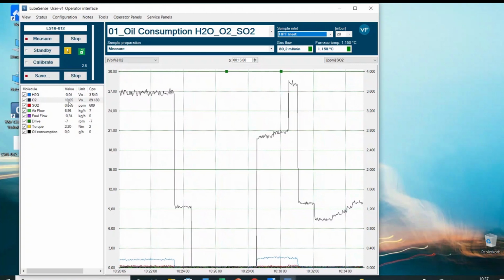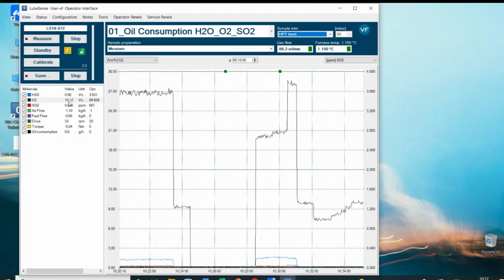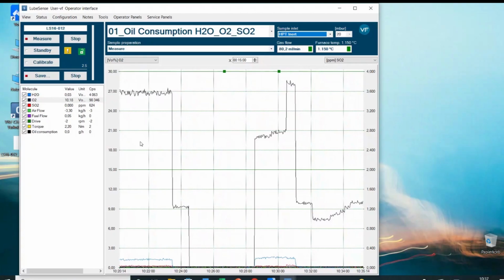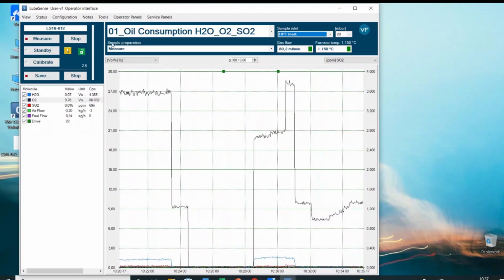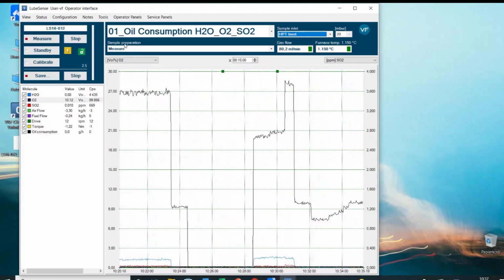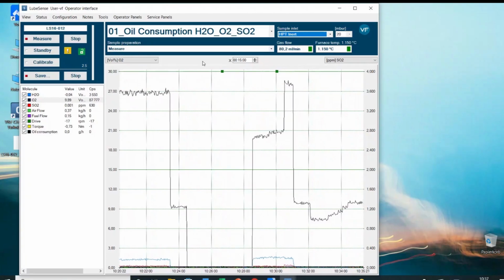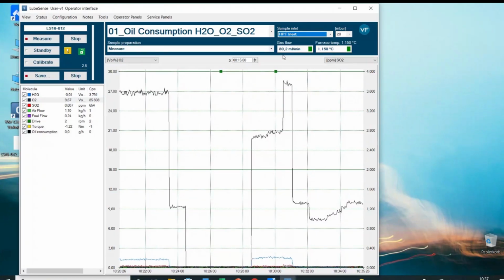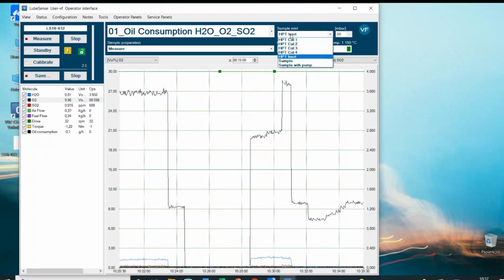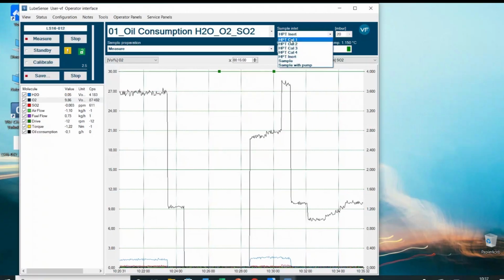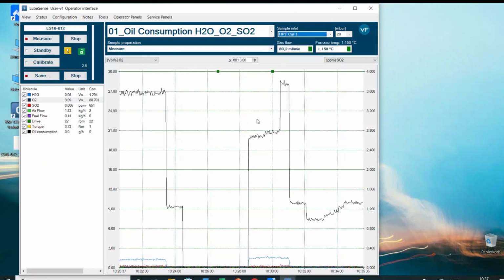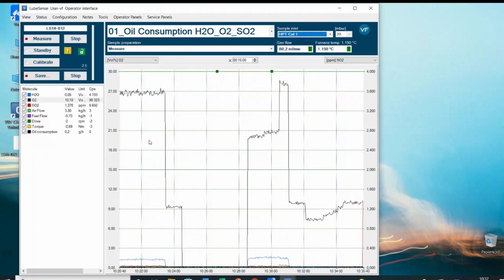All right, so once we have done that, the last step is to calibrate the SO2 sensitivity. And this is also important. This needs to be done while the system is in the measure mode, so everything needs to be running in order to get the SO2 calibration correctly. I have an SO2 calibration gas connected to the HPT Cal1 port. So by selecting it, I will flush this gas to the instrument now. And what we should see is that,